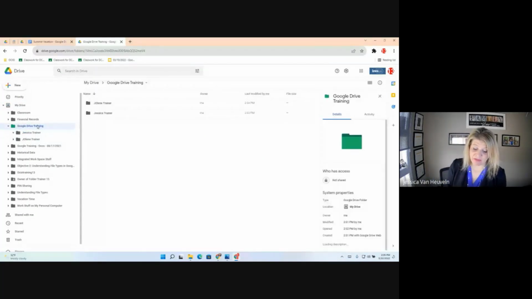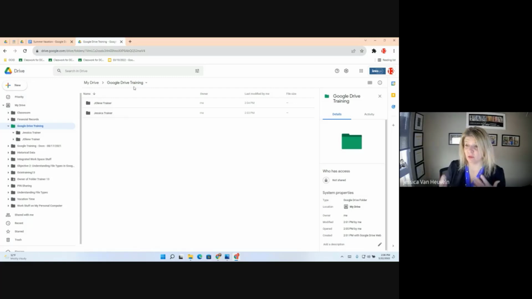How does sharing files and folders work? And this is just an introduction. We dive a lot more into sharing in the next class, but this is just an introduction to understand the basics of sharing folders, okay? Because this is where a lot of us are doing this, but we're maybe not quite sure of the impact of that, okay? So what we're going to do is we're going to locate that Google